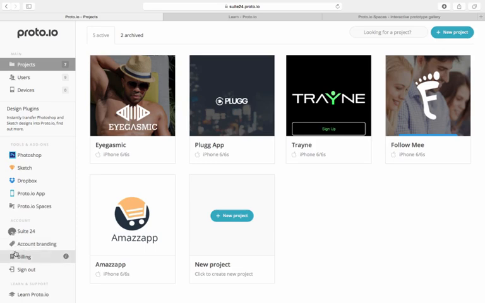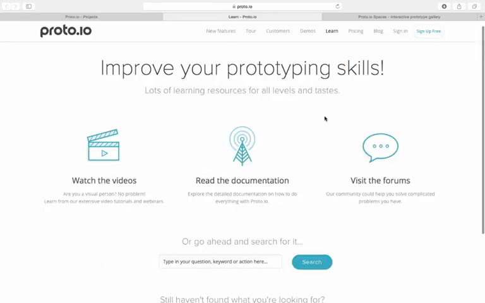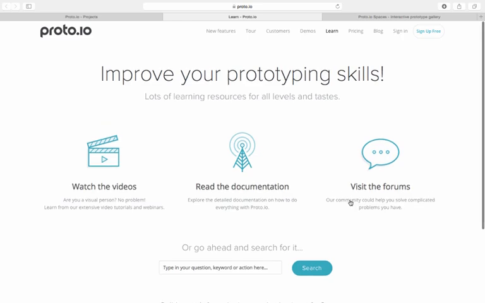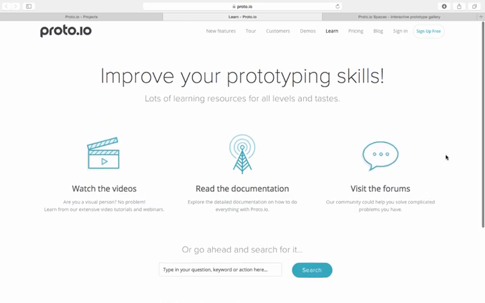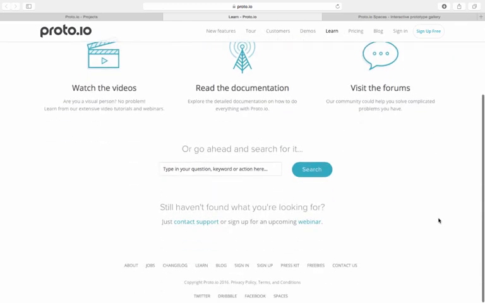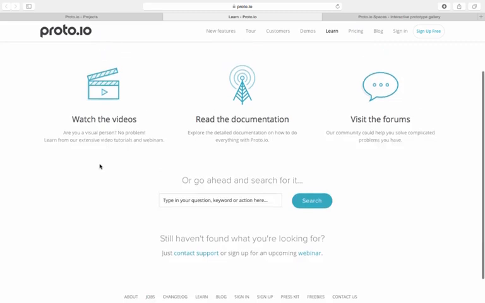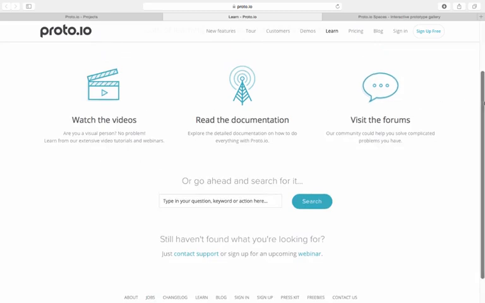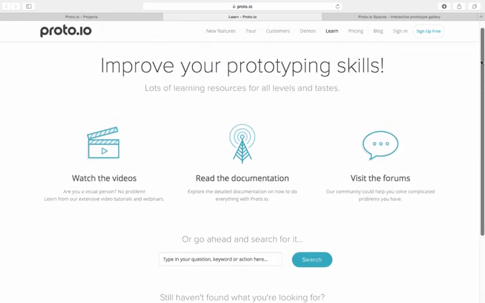One of the things you can do is click on Learn Proto.io, and it's going to take you to their full training website, where you can ask any questions you want about it. There's so much user input here. Just search for any keyword, anything you want to do. The support is amazing, so I highly recommend that you take the time to learn Proto.io, because it's really an amazing piece of software that you can use to map out your entire prototype on your own, and it'll save you